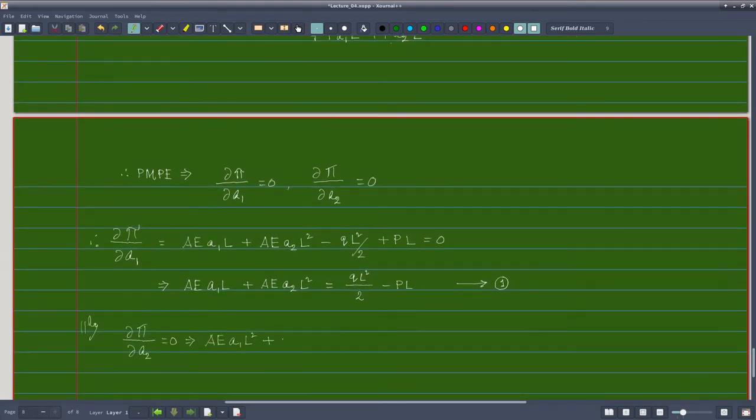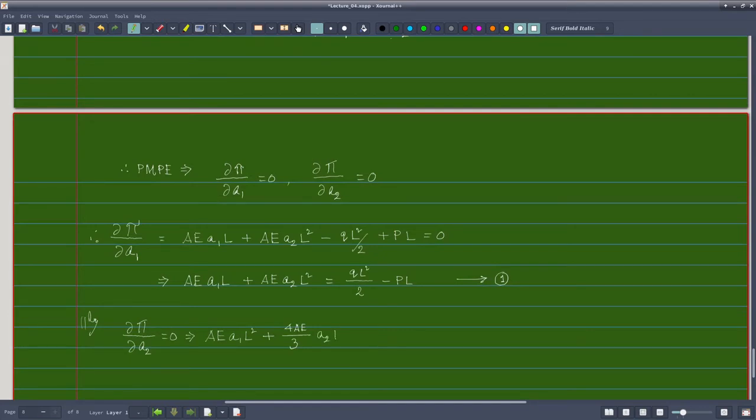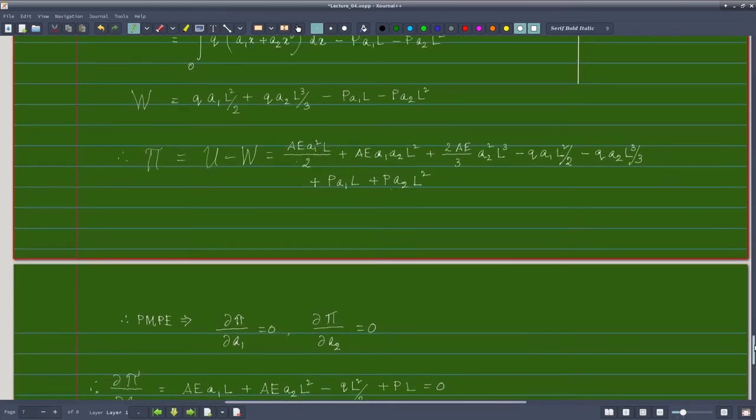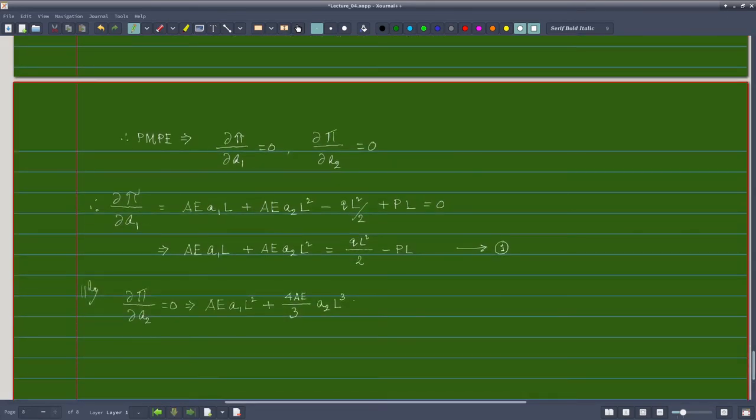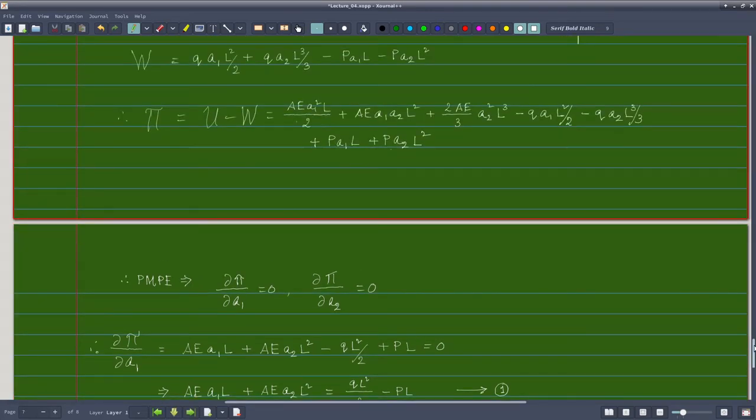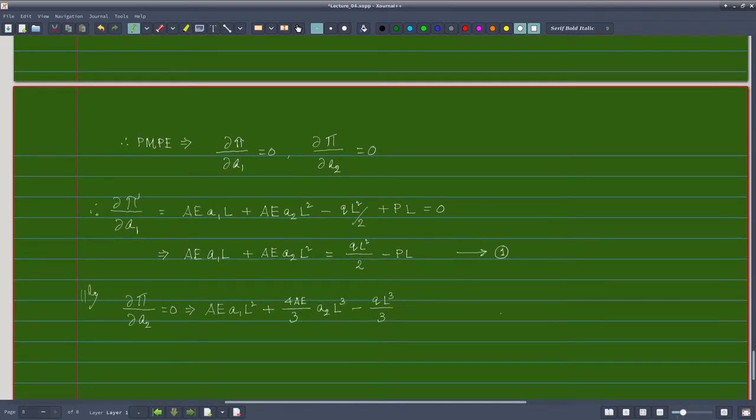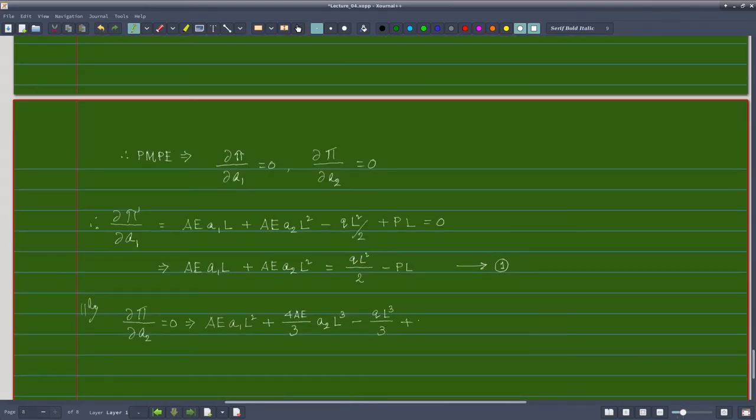So plus 4 AE by 3 A2L cube. Then the next term I have is minus Q L cube by 3, so minus Q L cube by 3, and then PL square plus PL square plus PL square. This is 0, and therefore I will have